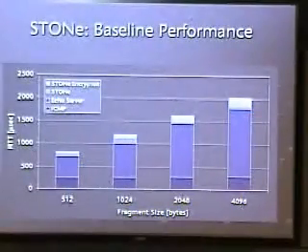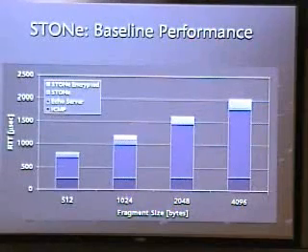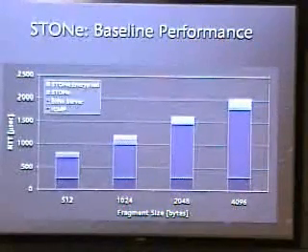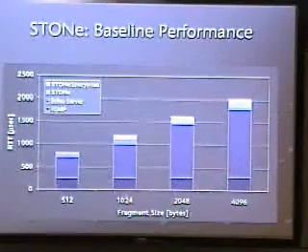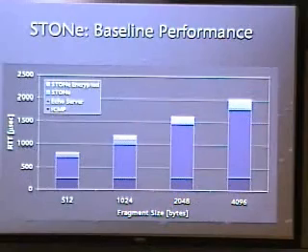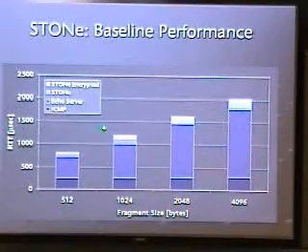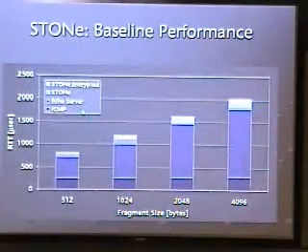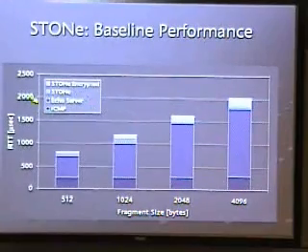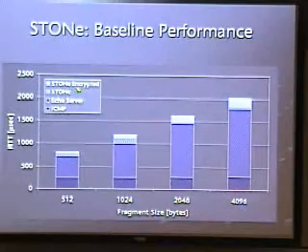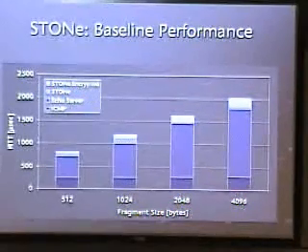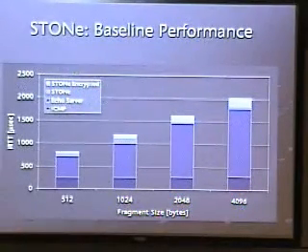So the baseline performance is just a micro benchmark: you set up 2 machines and forward messages back and forth, with different fragment or message sizes. If it's 512, I contrast or compare the Stone performance to an ICMP ping, or an echo server which sits in user space. Then we have Stone without any encryption and Stone that is encrypted.